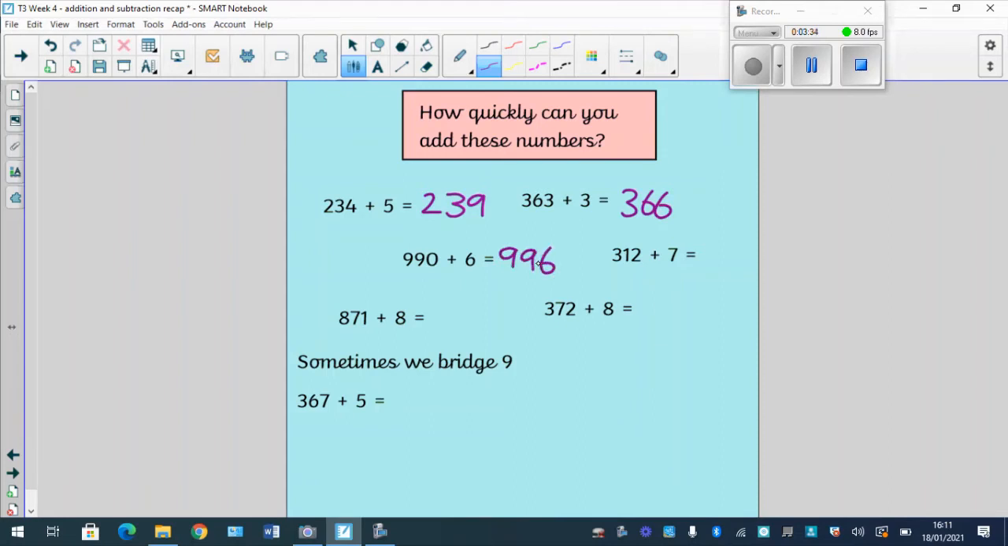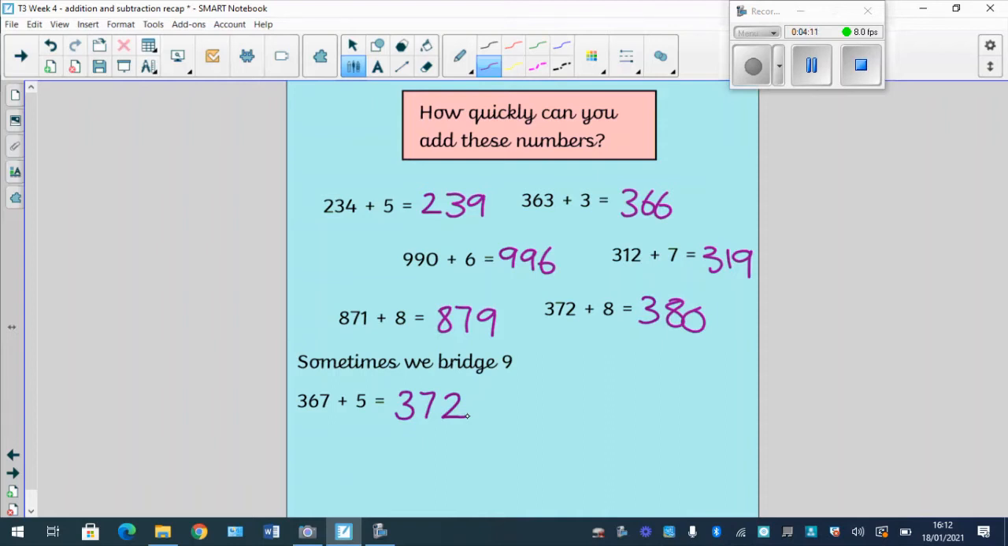312 add 7 is 319. 372, count on 8 is 380. And last one, 871 add 8 is 879. Okay? And the last one, 367 add 5. I'm going to take 3 from the 5 and get 370, and then I'm going to add on 2 more, so it's 372. And what we've done is actually we've bridged 9, gone over into the new 10s, ready to help us